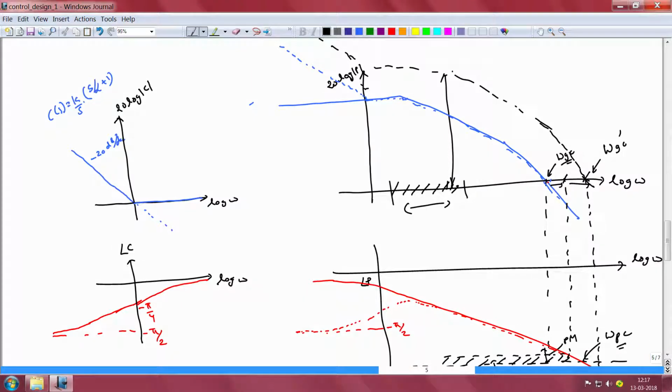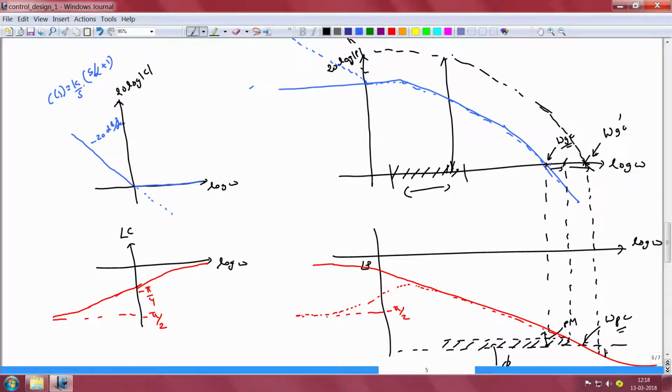Now with this increased gain we may have succeeded in meeting our mid frequency performance specifications in tracking references or rejecting disturbances. However, we have ended up paying a fatal price for increasing the loop gain in this frequency range. Why is that so? That is because the new gain crossover frequency is significantly to the right of the gain crossover frequency of the plant itself, and at that gain crossover frequency if one notices one finds that the phase is now greater than minus 180 degrees, which means that our closed loop system is going to be unstable.